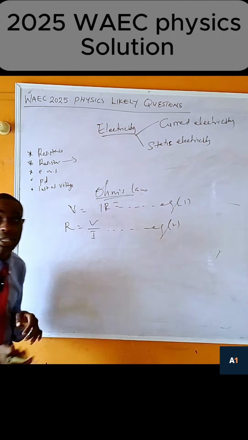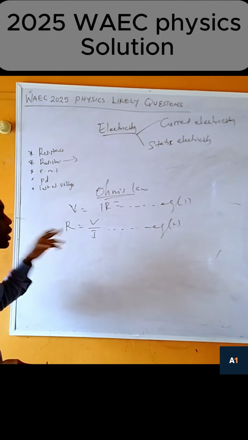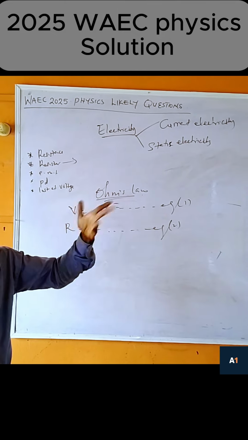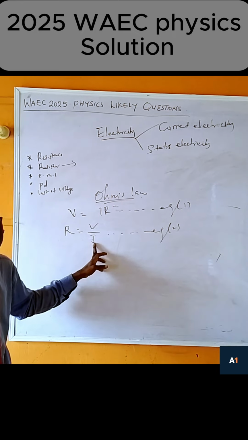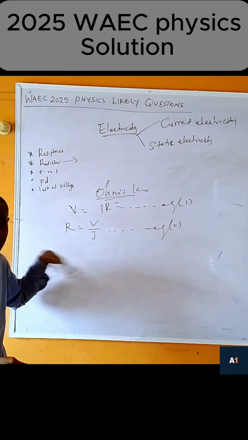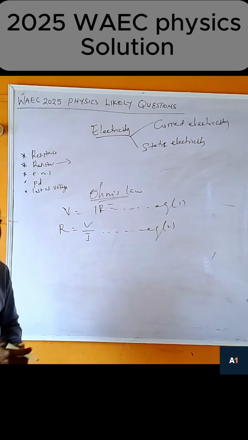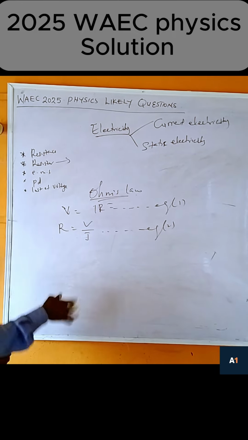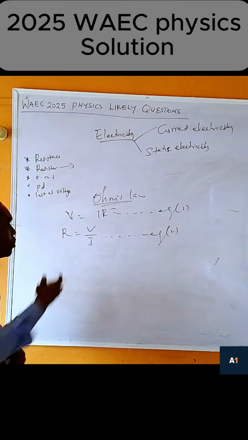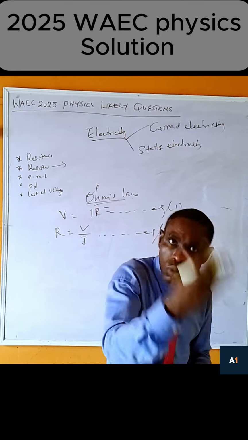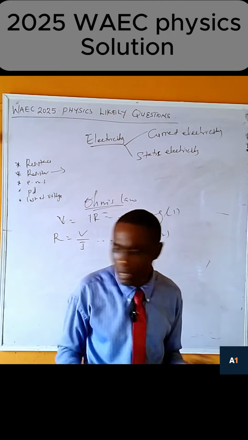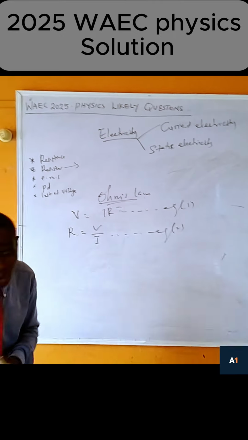So if they ask you, what is resistance? You say resistance is the ratio of potential difference per current. They can accept the definition if you do it like this mathematically. When I mark, I discover that we accept that you define it like this: the ratio of potential difference per unit current can also be acceptable. That is another definition of resistance.